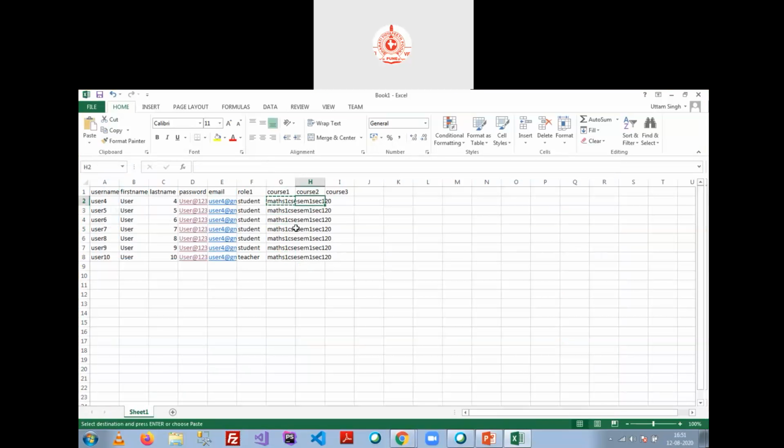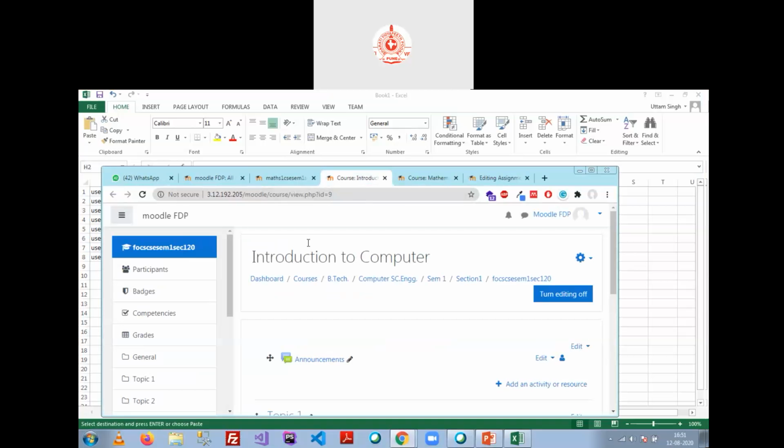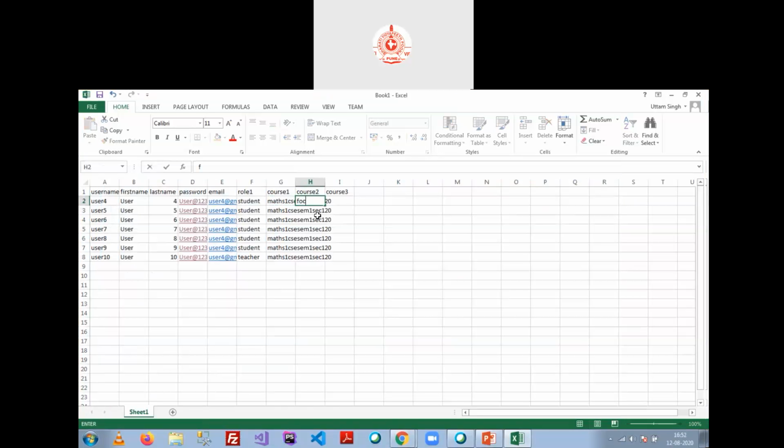Now the next course is Introduction to Computer. That is FOCS CSC SAM 1 section 120. FOCS SAM 1 section 120. Now copy this and paste it in every course.